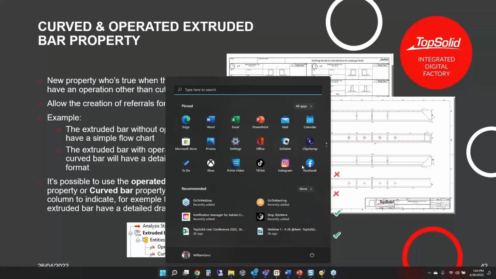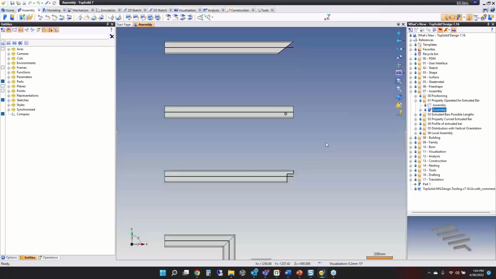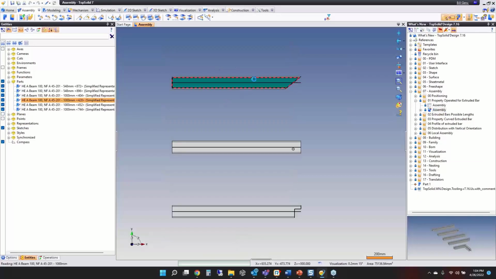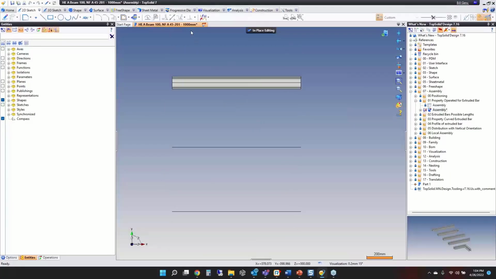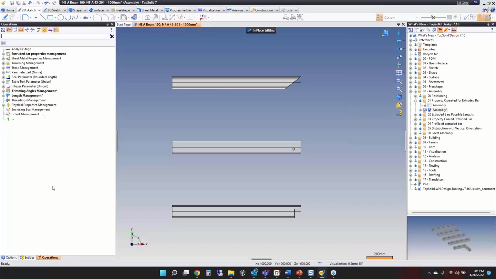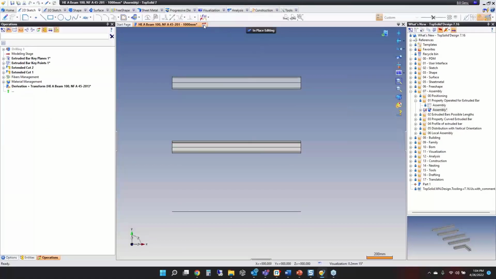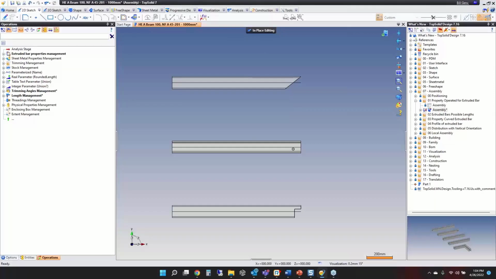If we go look at the sample, it's here. This first bar here, if I do an in-place modification to it, and I go up to my analysis stage and go into operations, you can see that operated is true, curved is false. Again here, same concept. If we go look at this in the analysis stage,